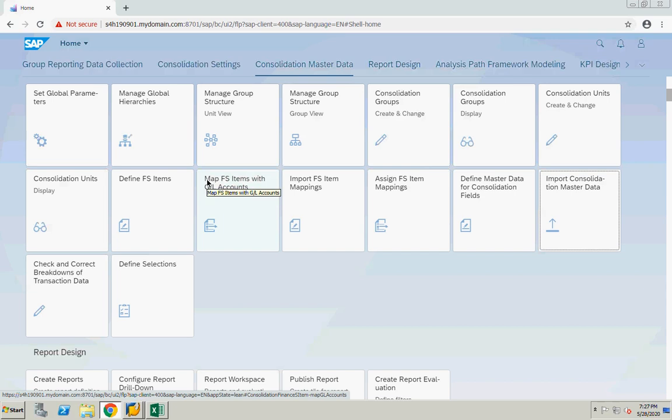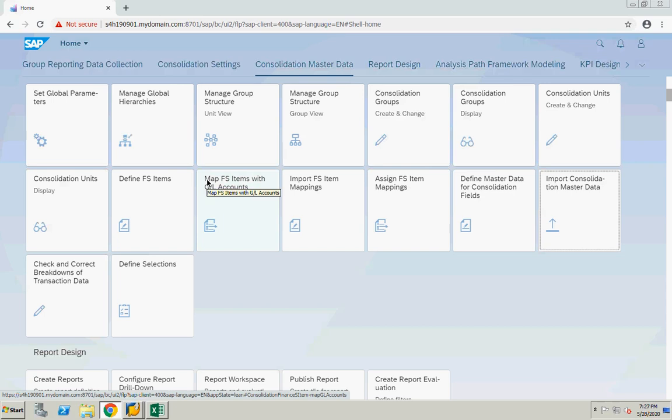Based on that, you can create hierarchies and get your IFRS financial statements, US GAAP financial statements, or UK GAAP financial statements, whatever the GAAP. You can create different hierarchies on top of these financial statement items and get your consolidated financial statements.